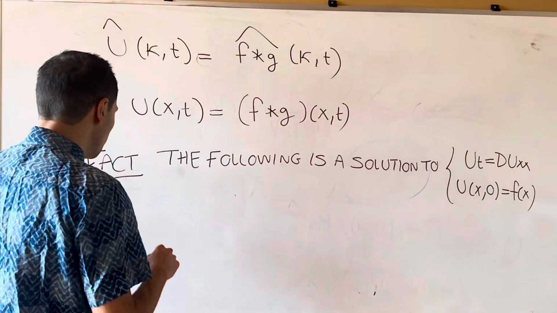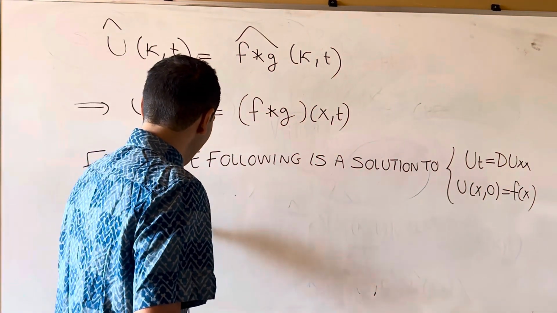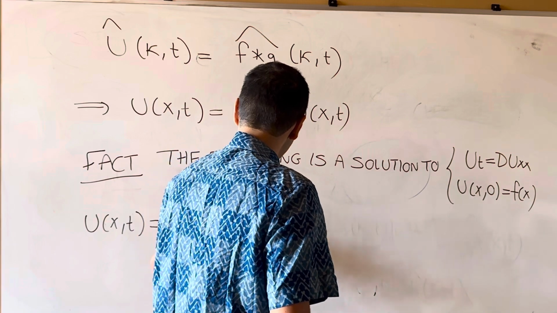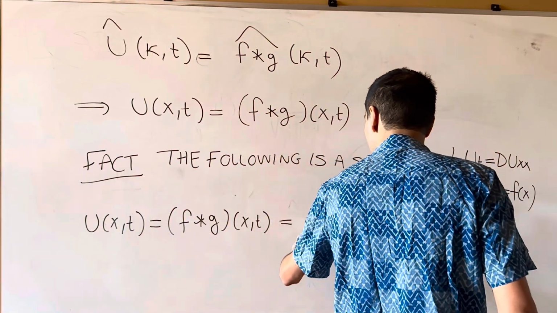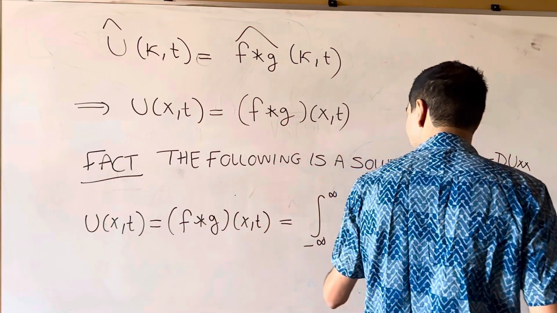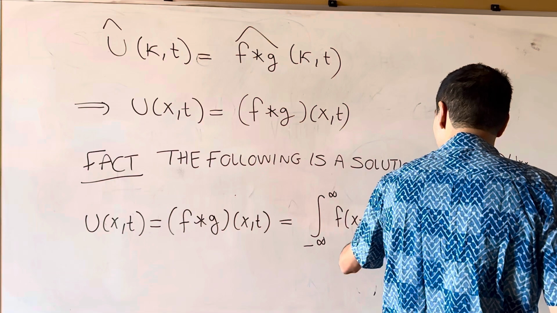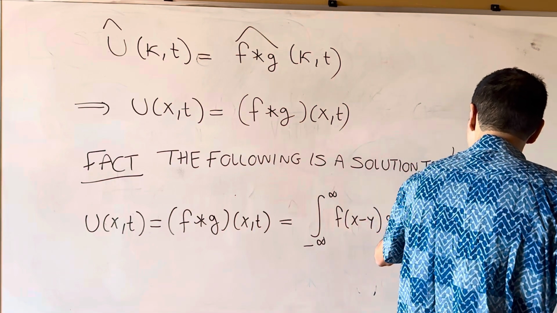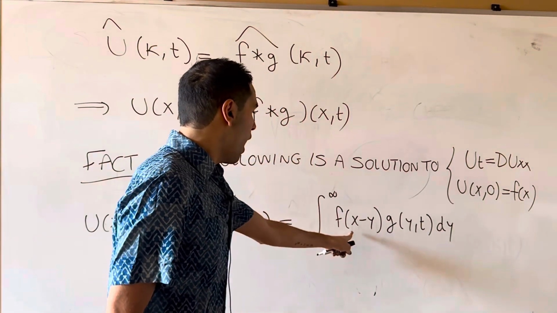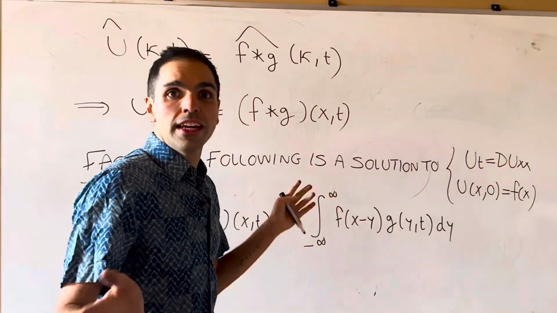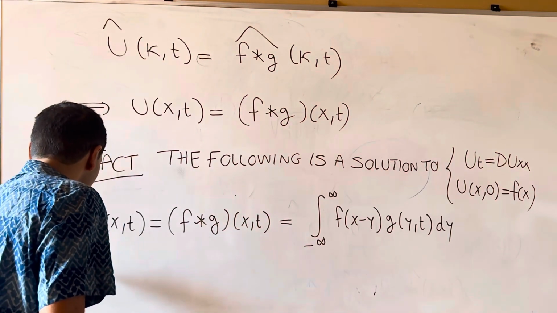Namely, u is the convolution of f and g, which is, if you want, the integral from minus infinity to infinity of f of x minus y, g of y,t dy, or f of y, g of x minus y,t dy, doesn't matter, where, again, f is the initial condition,